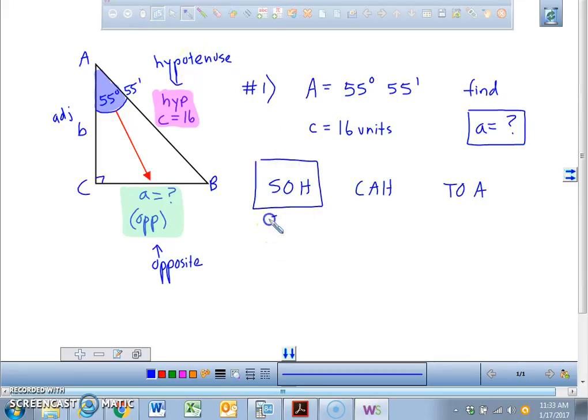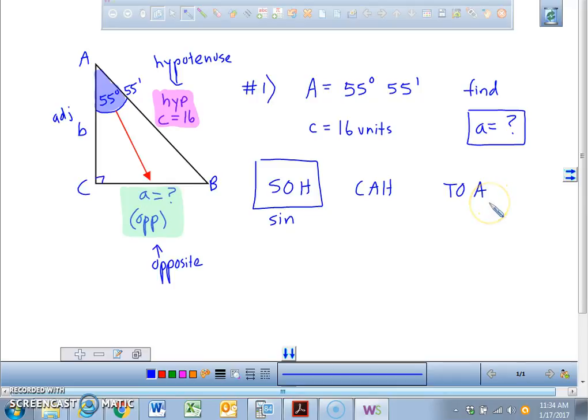How do you know which one to use? That's a great question. By the way, the O represents the opposite side and the H represents the hypotenuse. So therefore, since we are dealing specifically with the opposite side and the hypotenuse, we use sine. But if we were to have the adjacent side and the hypotenuse, we would use cosine. Or if we were dealing specifically with the opposite side and the adjacent side, then we would use the ratio